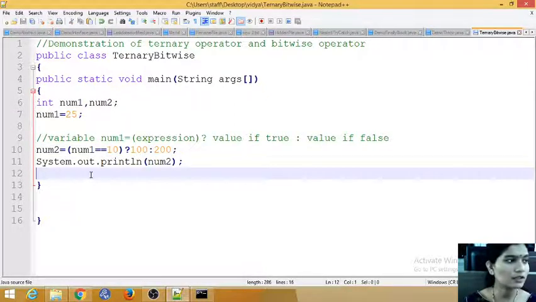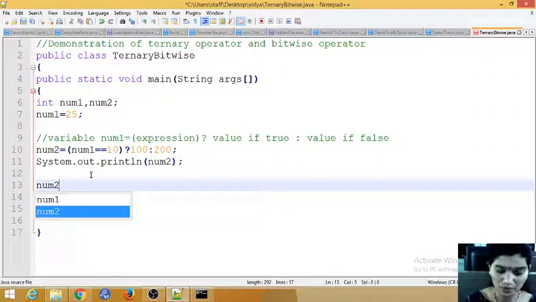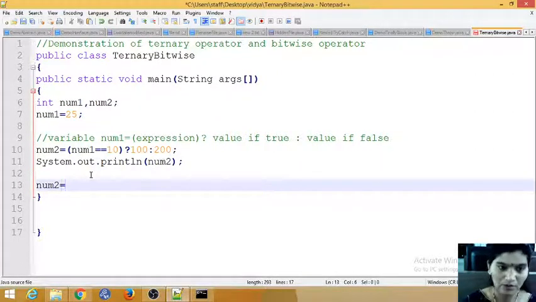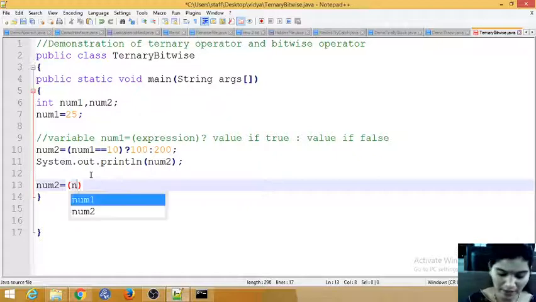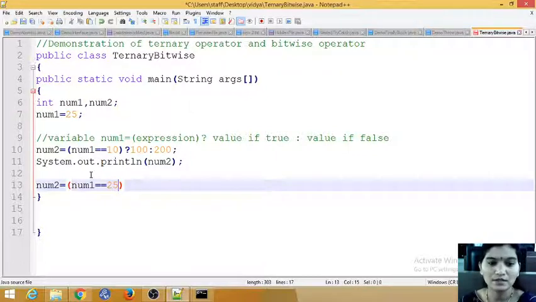So we'll check one more condition for number 2. The condition I am giving is number 1 is equal to 25, with the question mark, and the same 100 colon 200.